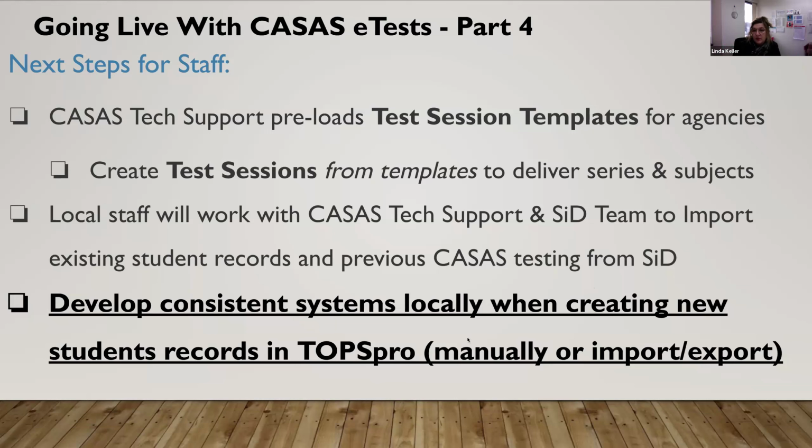Metro North does it with an import export feature because we have anywhere from 75 to 125 new learners enrolling weekly. We have 3 data staff that are also doing enrollment testing weekly. When we first started, for the first year, we were doing everything manually for new students, but for about the last year and a half, we do everything import and export. So it makes it very, very seamless. We do it once a week, Friday afternoons at like 1, and it takes us 15 minutes.